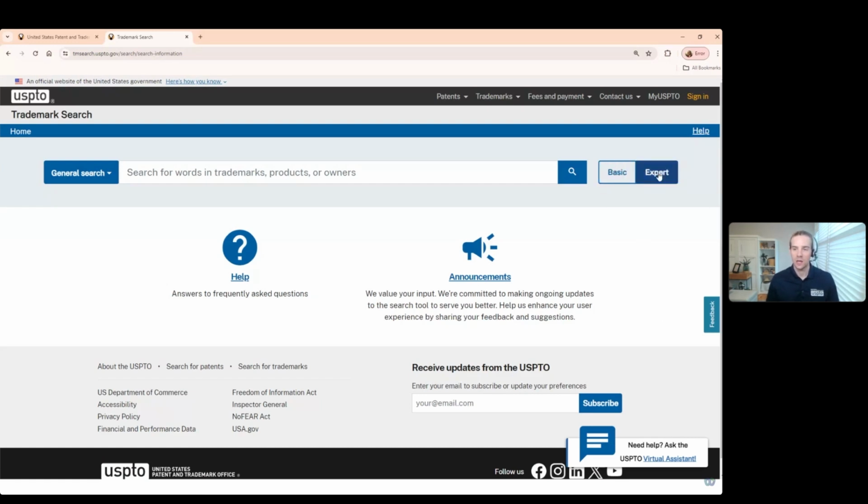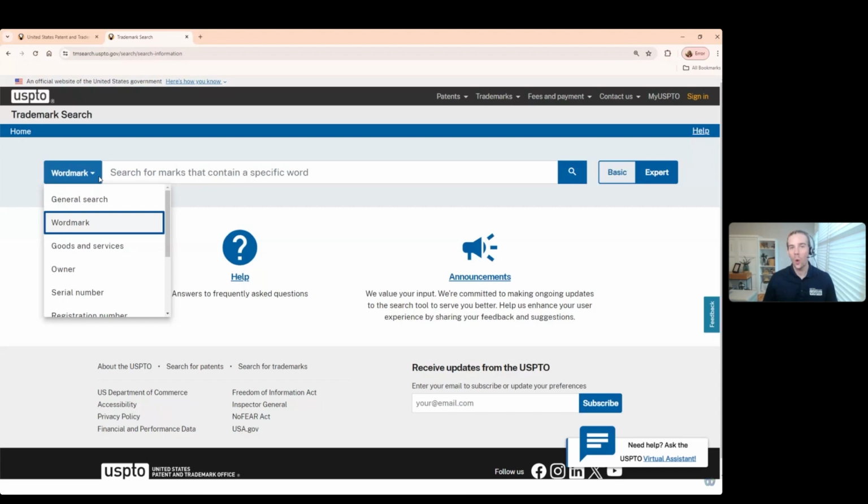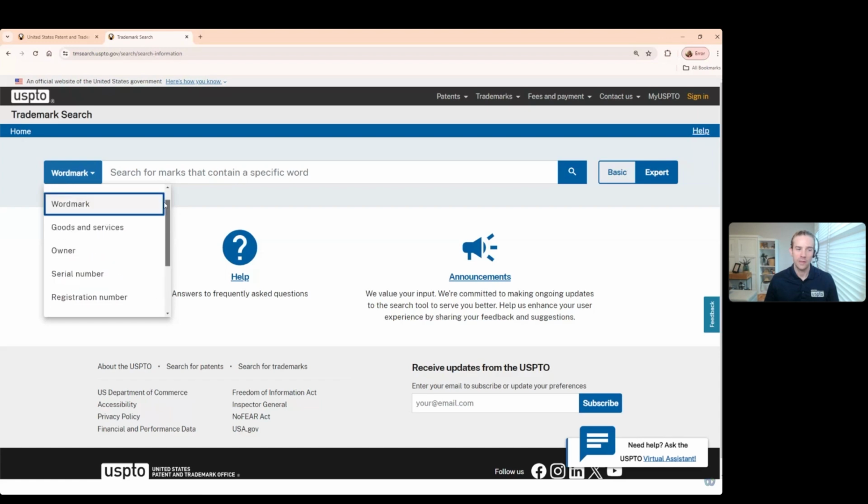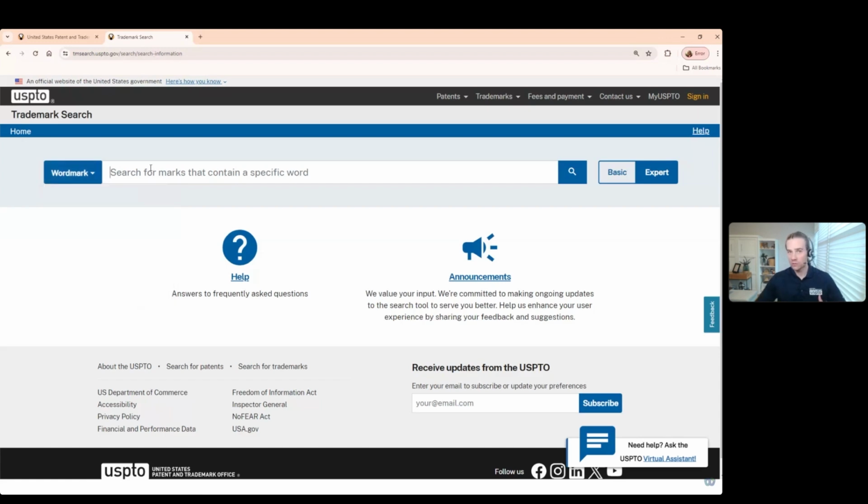First thing I like to do, click expert. The next thing you want to do is change general search to word mark. That is how you search for the trademark itself. If you do a general search, it's going to search every single one of these fields: word mark, goods and services, owner, all of that. So if you wanted to register Apple for running shoes, for example, and you just popped in a search for Apple, general search, sure, you would find Apple for clothing and running shoes and all of the types of marks that you do want to look at, but you'd also find iPod, iMac, MacBook, stuff like that,